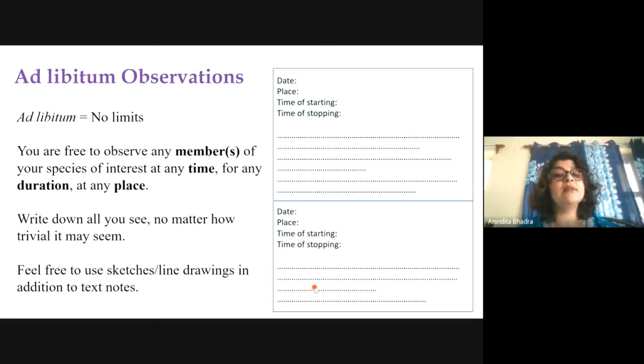Why no limits? You are free to observe any number of individuals or a single individual if you like. You might say, I'm interested in cats, but I will only observe my pet cat. Fine. You can watch at any point of time for any duration. It could be 5 minutes or 5 hours at a time, doesn't matter, at any place. So there are really no rules about when and how to do ad libitum observations, which is a lot of